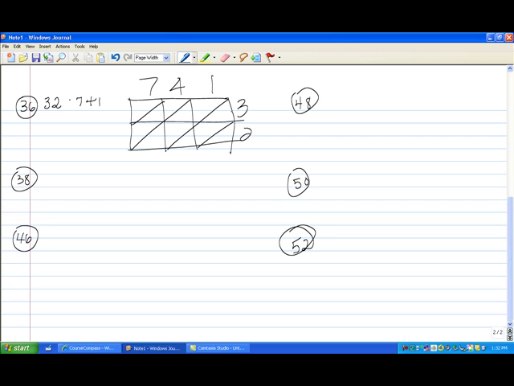Okay, now I multiply 3 times the 7, I get 21. 3 times the 4, I get 12. And 3 times the 1, I get 3. Then 2 times the 7, 2 times the 4, and 2 times the 1. Now I add along the diagonals, so here I'll get a 2, here I'll get 11 and carry the 1, 3, it's going to be a 7, a 3, and a 2, and our answer will be